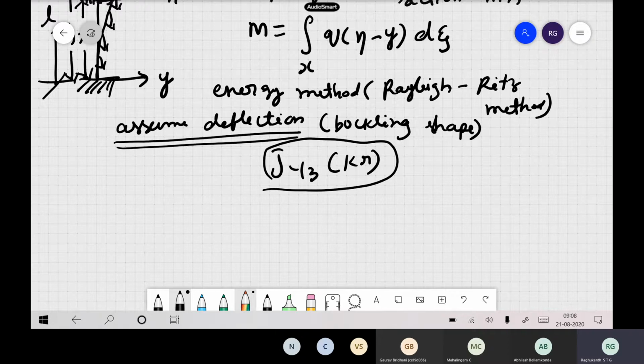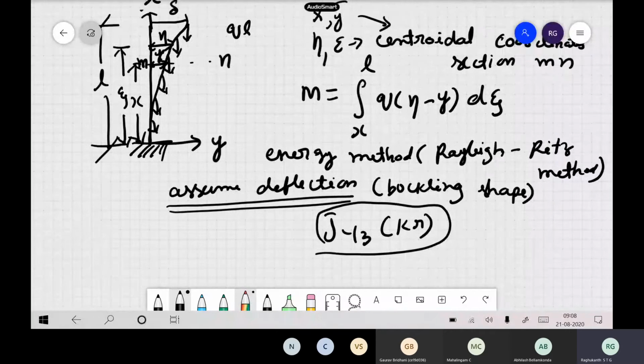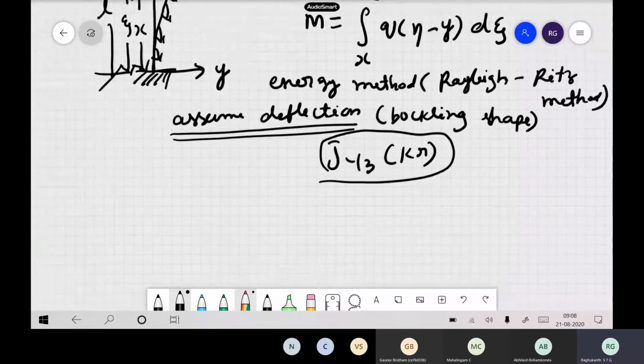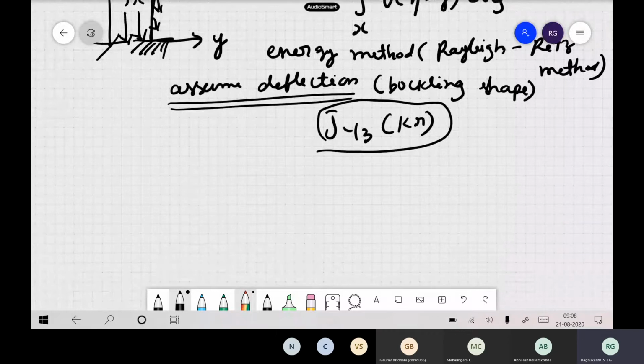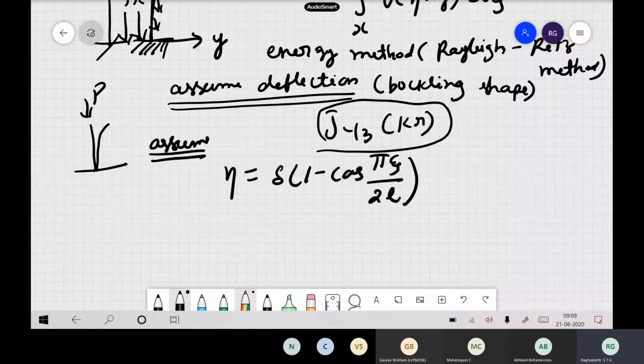Now in this problem, instead of this Bessel function buckling mode shape, since it is complicated, you can take just the buckling mode shape of a cantilever, as you get for a concentrated load. So we can write it as delta times 1 minus cos of pi psi by 2l. We assume the buckling mode shape in terms of cos and sine as an initial guess. The exact solution is in terms of Bessel functions, but those are complicated, and we are looking for something easy.